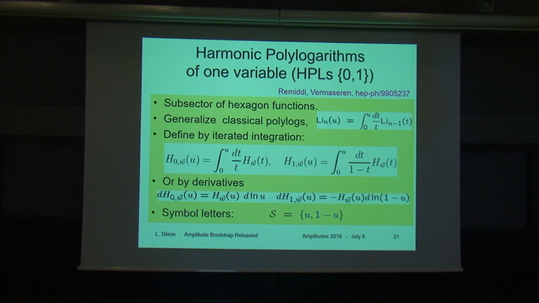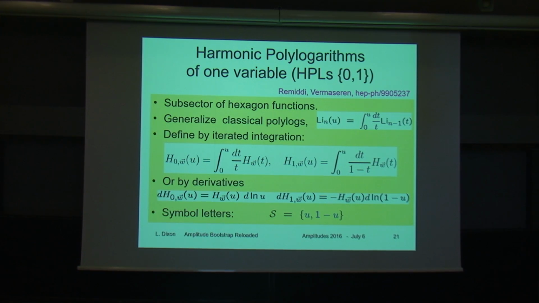So they're going to be a subsector of our space, and they generalize the classical polylogs, which are defined by integrating dt over t many times from an initial one, which is a log of 1 minus t, or a dt over 1 minus t. But Remiddi and Vermaseren realized that this was not really a complete space, and it should be generalized so that you can integrate dt over t or dt over 1 minus t at each step. Or equivalently, you can define these things differentially up to constants